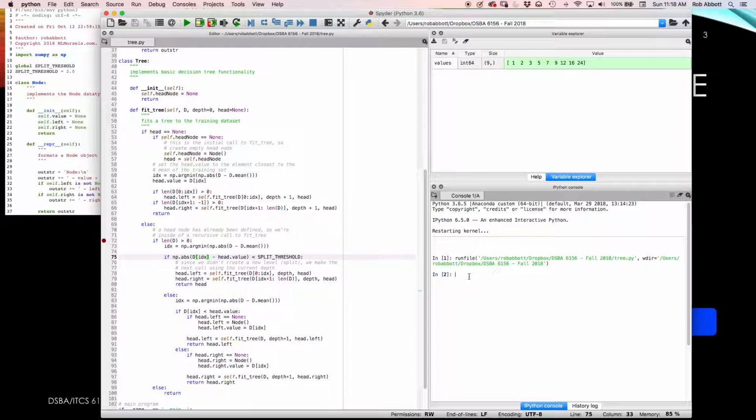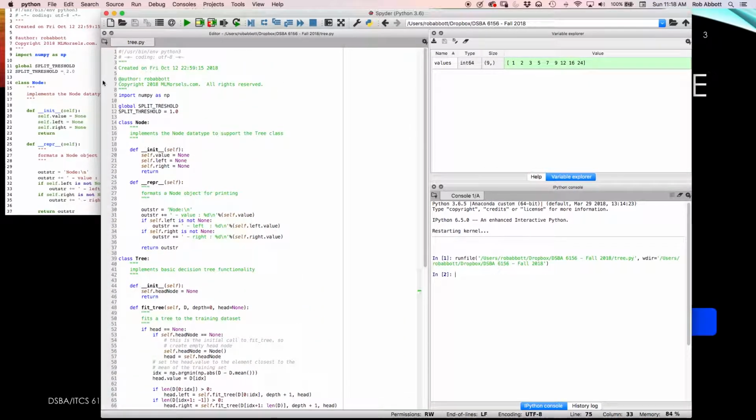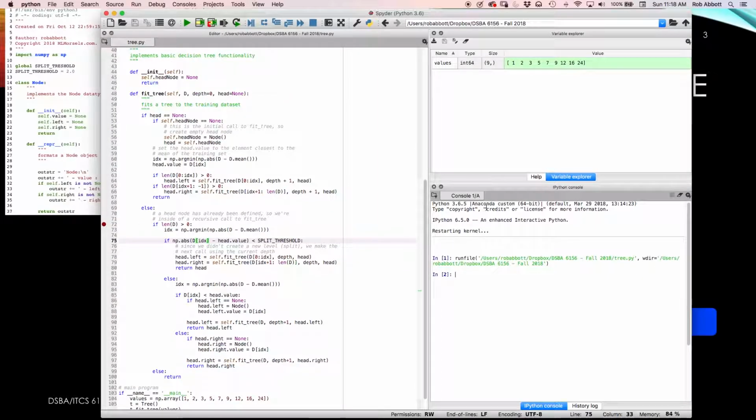So as you remember, down here at the bottom, we've run this with values of np.array 1, 2, 3, 5, 7, 9, 12, 16, and 24. We create a new tree called T, and then we fit that tree to those values. So up here at the top, I currently have a split threshold of 1. So when we run this and we examine what we have,